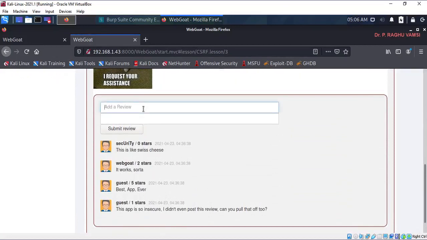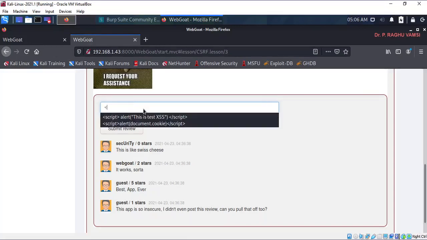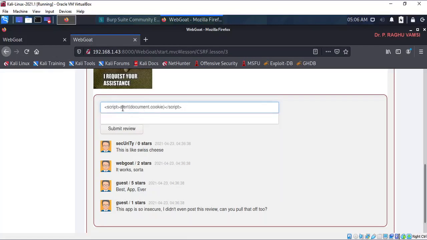I will place another value here. I will try to include a script: script alert of document.cookie script. So this I am including, and I am giving a 5-star rating here.